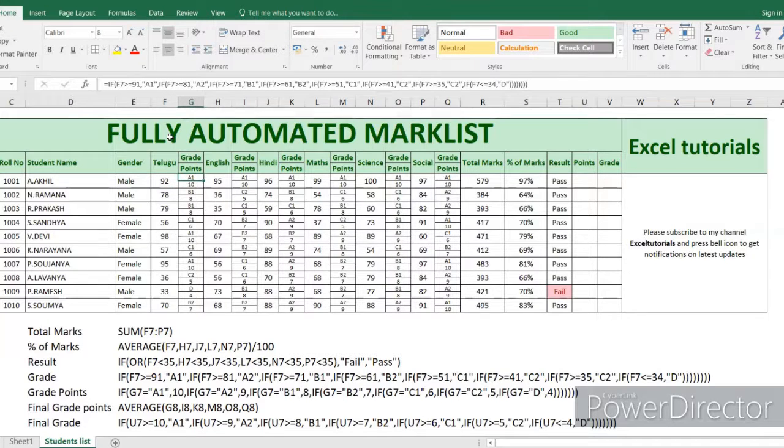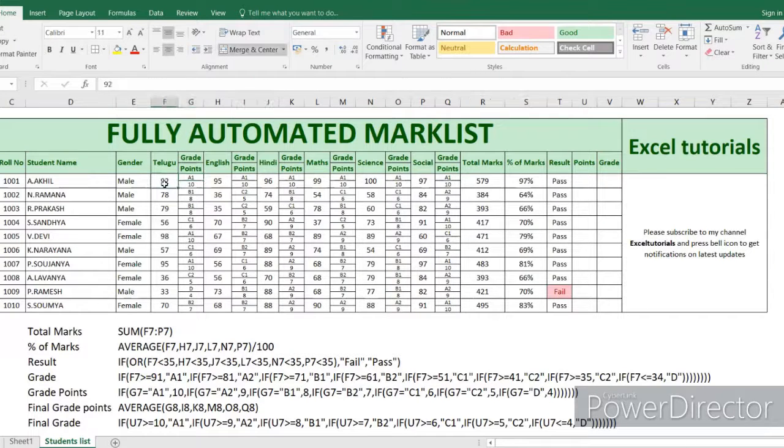The formula we are using is a nested IF formula. If he scored more than 91, then he will get A1 as a grade. Then if he scored more than 81, A2. Like this, we have to select the grade. Or if he scored less than 34, he will get D grade.